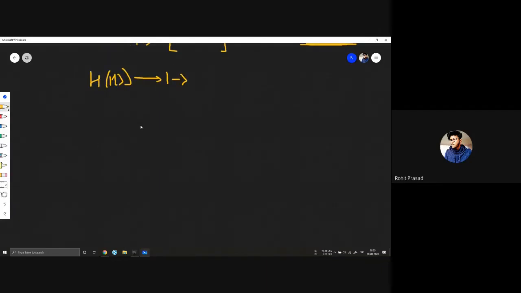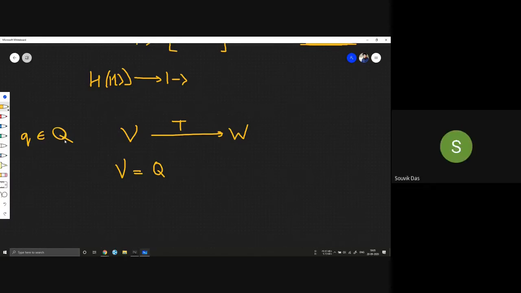Okay, so I said that a transformation takes a vector space V to another vector space W, right? If we take V equal to Q, that Q vector space I talked about earlier, every quantum state belongs to that vector space Q. I had defined it in earlier videos. Please define it again, I didn't join the first lecture, I am from the second lecture.